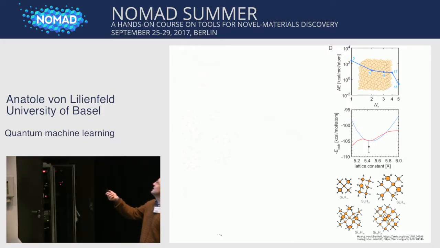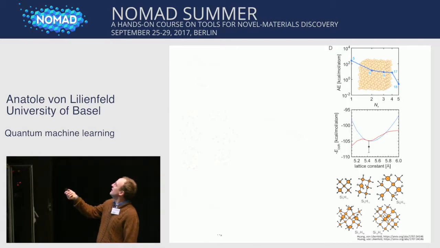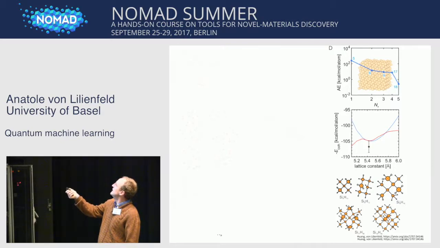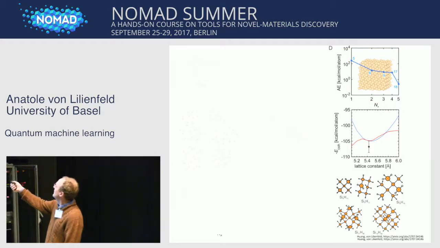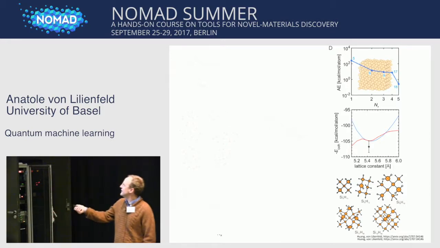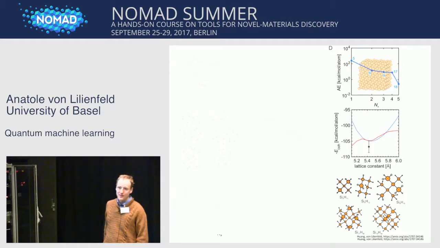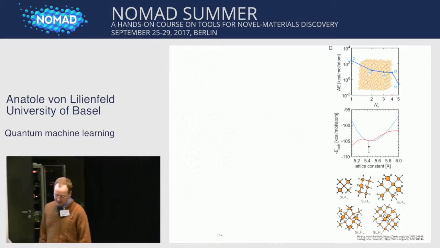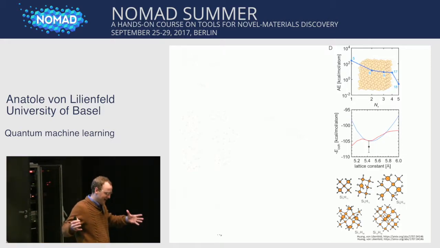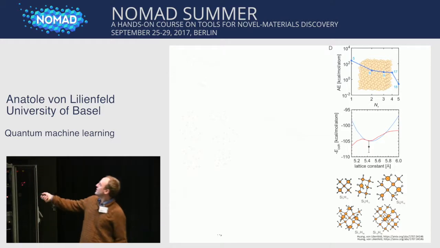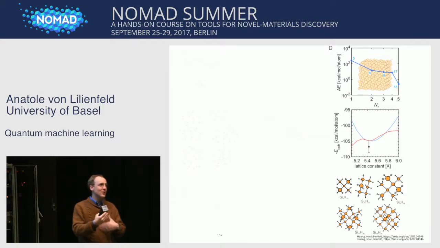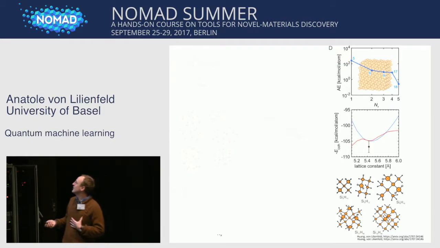So what you see here again is the error on the atomization energy as a function of number of amines, so we need up to 5. And in here are shown the number of atoms in your amine. So it goes up to 18 atoms, so something like this here. This is the amine with 18, which you need to get this down to chemical accuracy. Now, in these crystals, you need to go quite far to capture all the non-local effects, but because of the symmetry, you have very few amines only to deal with.